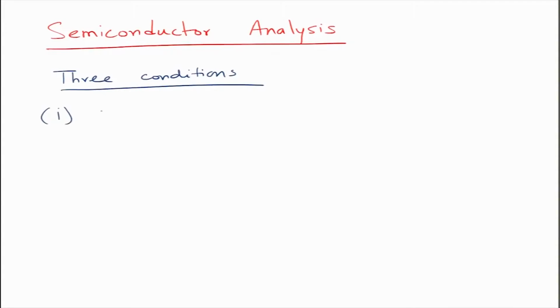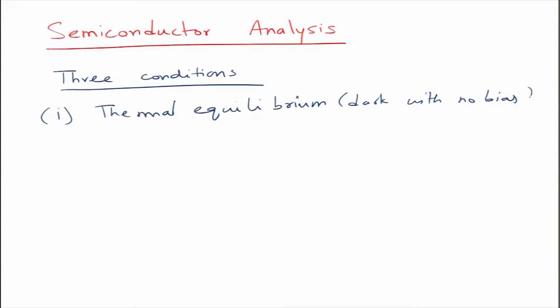First condition is that you have thermal equilibrium. So, that is what we did for p-n junction, that is dark with no bias, that is the first condition that we followed, right. And then this is the basic condition that is present when you have no light and no bias. Then you can have another condition which is steady state condition,